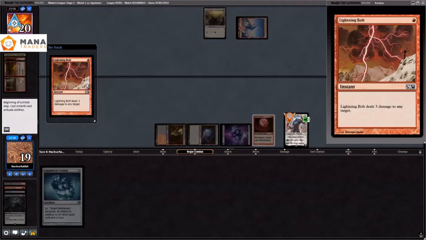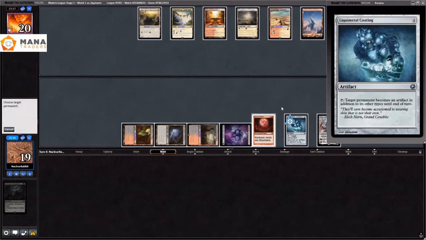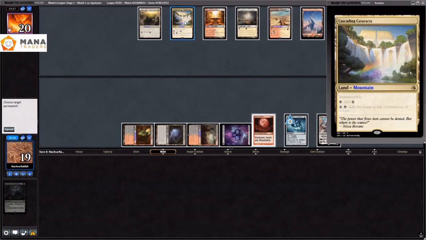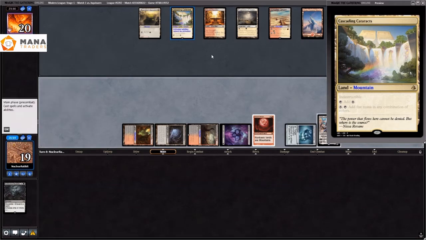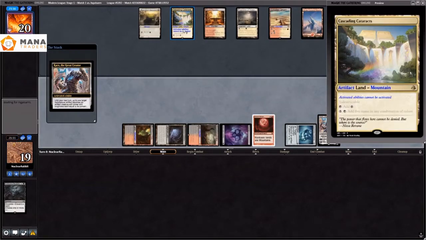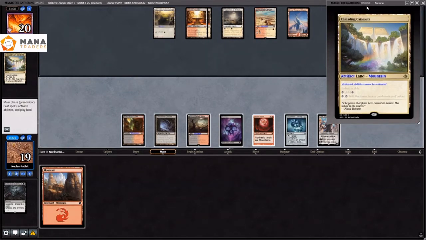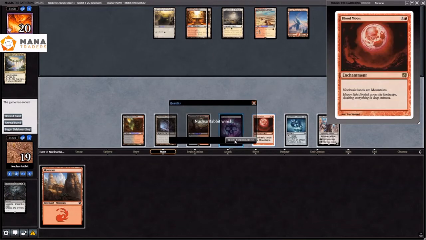We get a Liquid Metal Coating with our Karn here, and then it gets bolted. Then we just draw Collective Brutality again. We see they can do nothing at all. They need to draw Plains. We draw another Karn a few turns after, and then we start using the Liquid Metal Coating to make their lands artifacts. And then we plus the Karn on them, so they become a 0/0 artifact, and their lands die. So now we're just gonna eat a land of theirs every turn, and they see what's gonna happen here,